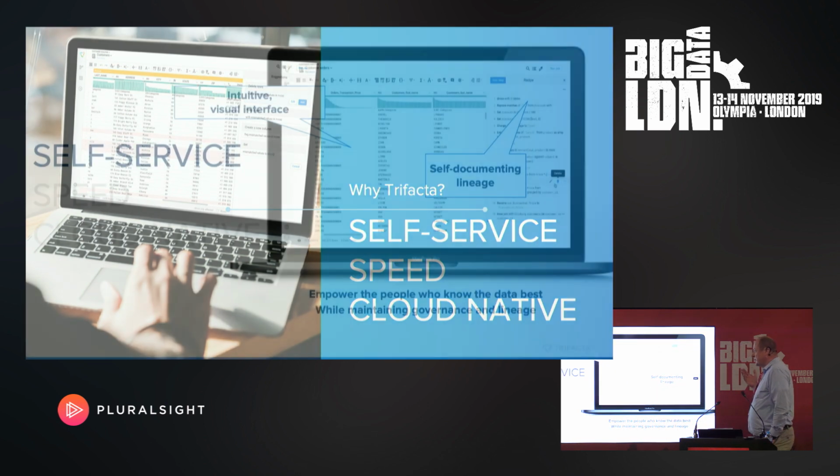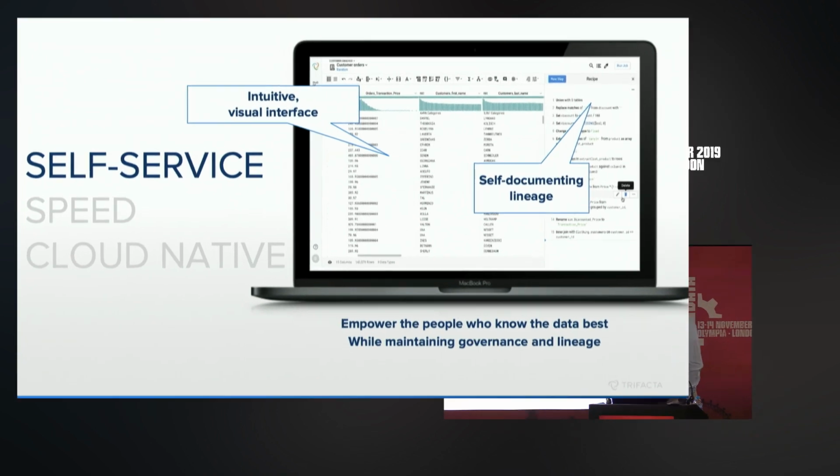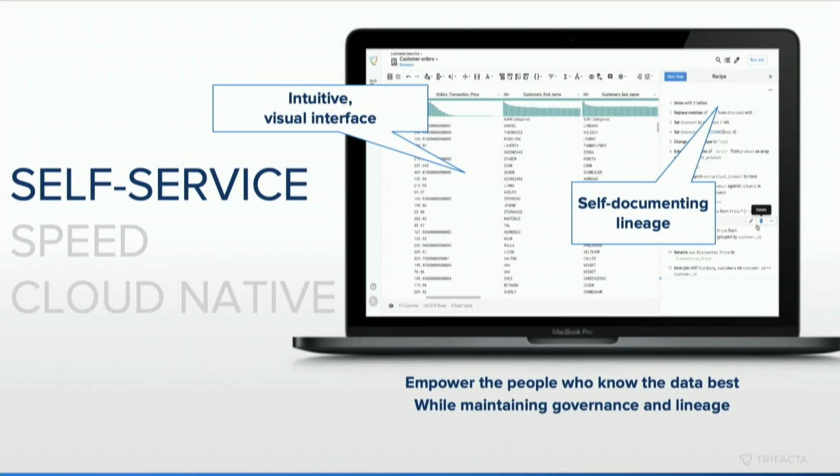So from a self-service perspective, we've made the actual interface very business oriented. You'll see that it looks very much like Excel. An Excel user could come in here and be very productive extremely quickly. It's an intuitive interface. We profile the data as it comes in, so that's incorporated, so you get your data